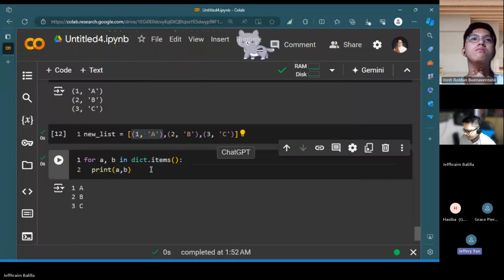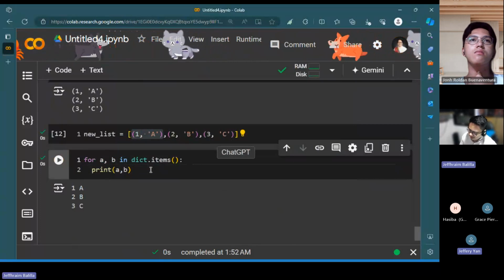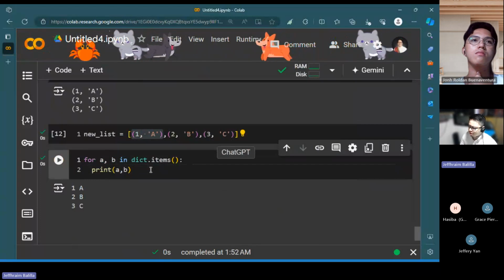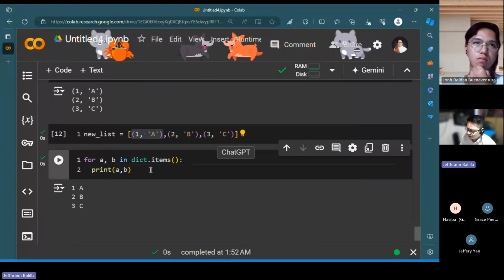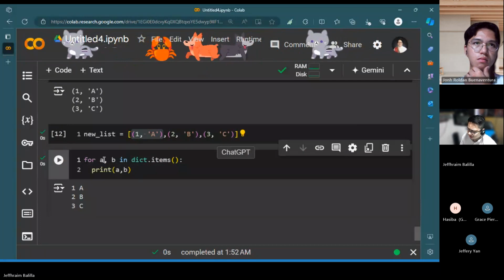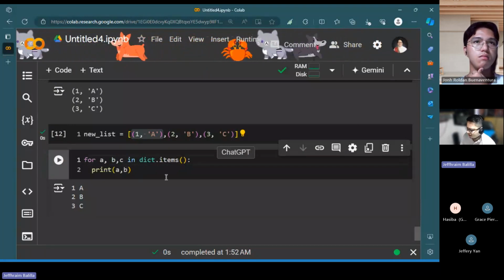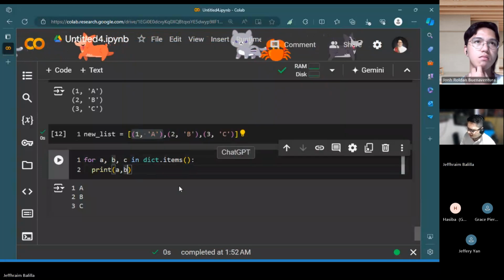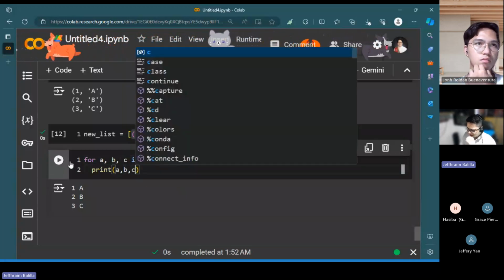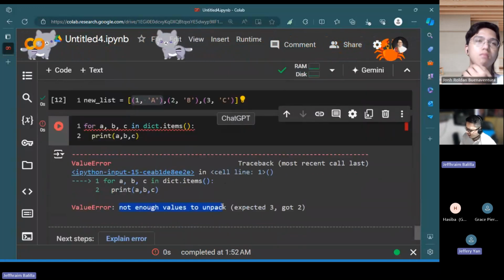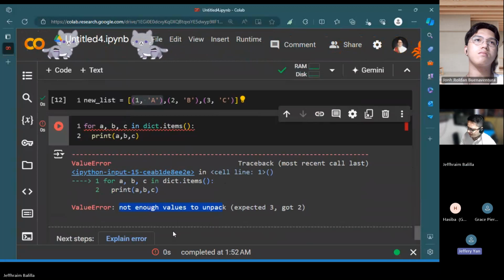Not really a tuple. I mean, it just means that you have two placeholders there. So if you try to add a C in here, it would expect that you have a third element, right? So it would tell you that there are not enough values. That's two values. That's a two-element.